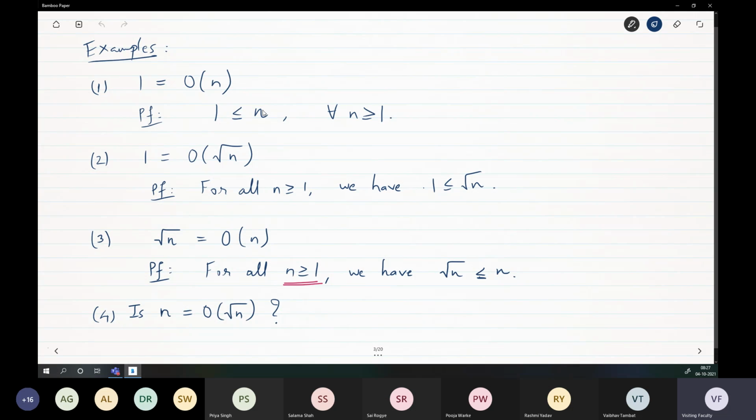Until we finish this, you should be very, very active with your mic, because I'll be asking. Others cannot reply, but you, whom I ask, should reply. Okay. So n is going to infinity faster than 1. Is that fine? Yes, because 1 is not going anywhere. 1 is 1. It's a constant. So this is fairly trivial. That's the meaning intuitively.